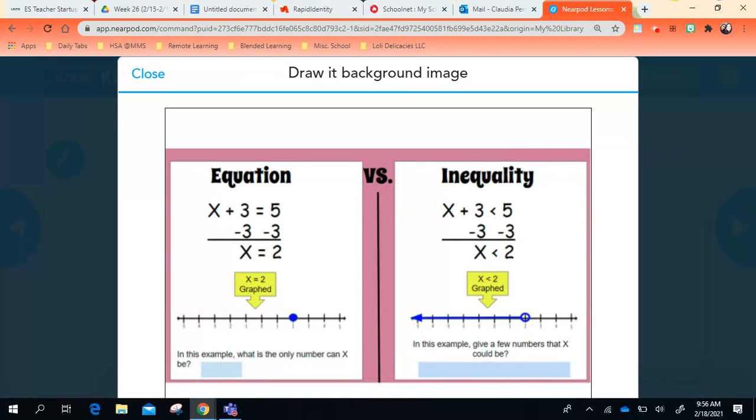Okay. Equation versus inequality. In this example, what is the only number x can be? So I want you to go ahead and answer what it can be for the first one. And what can it be for the inequality? And if it's more than one answer, write more than one answer. You don't necessarily have to write all of the answers, but